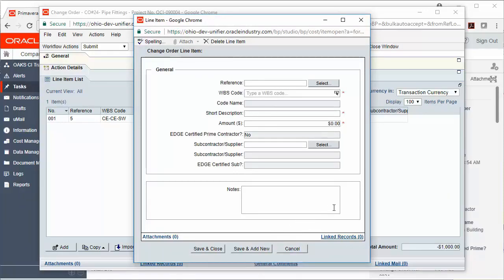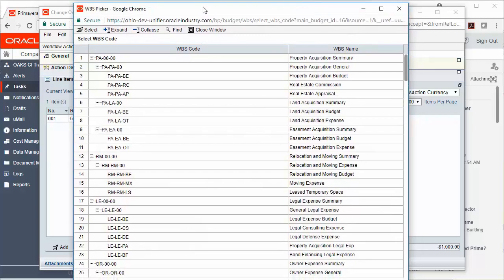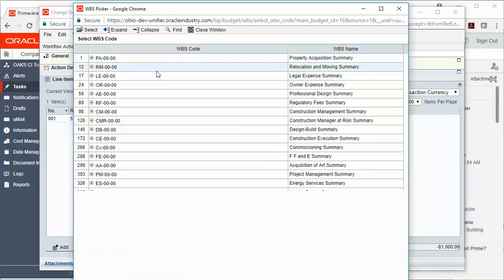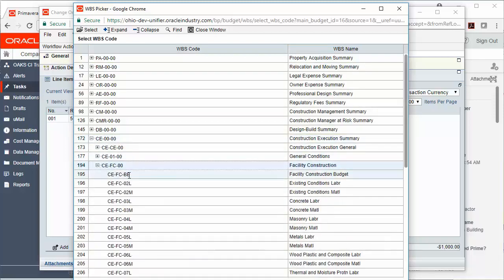The next example is to add a brand new line to the SOV. So anytime I'm adding money to my schedule of values, it's going to be a brand new line. If I know the WBS code, I can go ahead and type it in here. Otherwise, I'll click the arrow and it will pull up an entire list of WBS codes for me. I'll click Collapse to simplify the list. And then usually we're looking at the construction execution codes. So I'll go ahead and find my appropriate code,